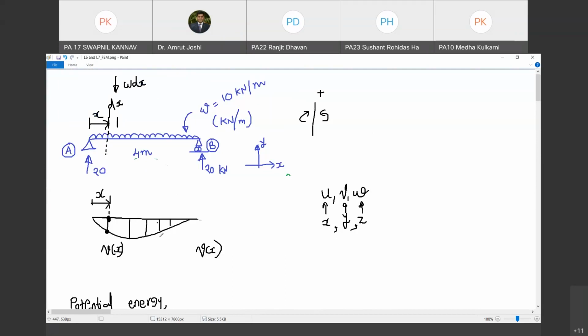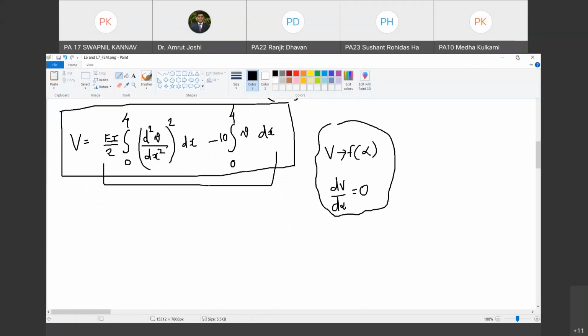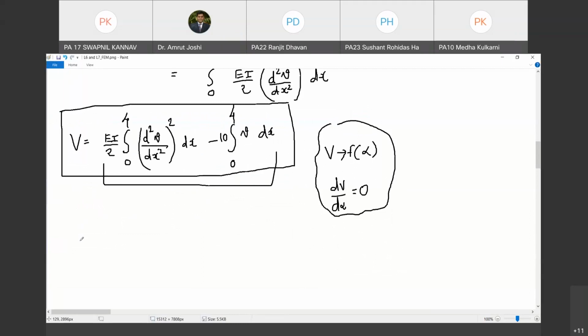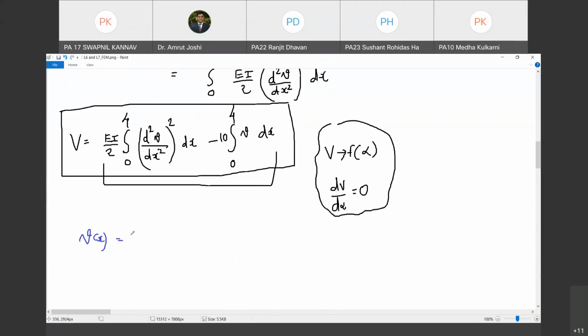Yes, sir. Now I will arbitrarily assume the equation of this deformed shape. That means I'm going to make an assumption. Why did I make the assumption? That whole philosophy we will come to a little later. But right now I'm going to make an assumption. What is the assumption? I assume that v of x, that means vertical deformation at x, can be expressed as a fourth order polynomial in x. Are you with me?